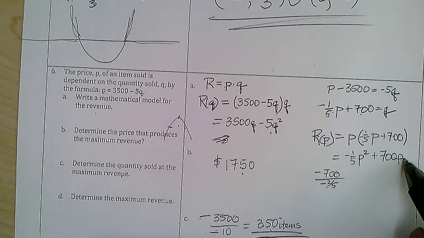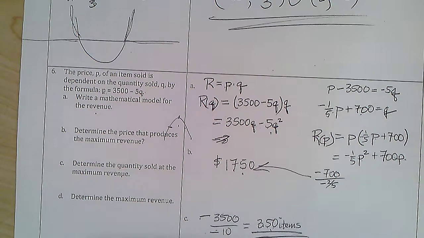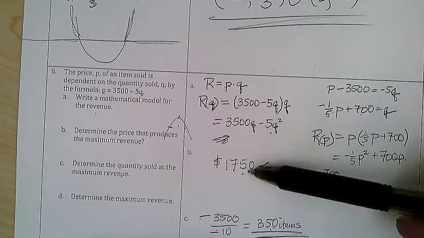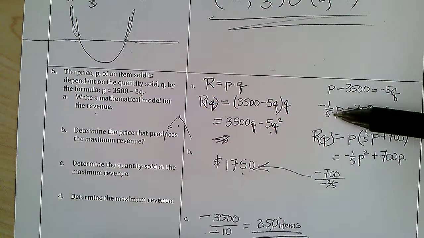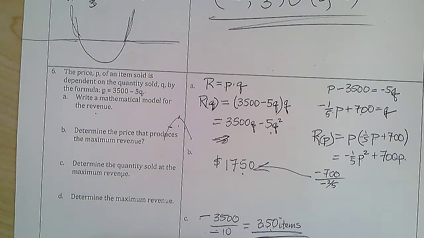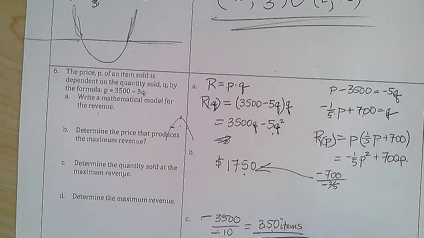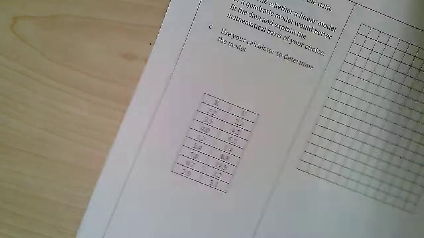And that would be the price, because this is the function of the price. And then you can put that 1750 into here for the price, take 1/5 of it, add 700, and you get the quantity of 350 items. And then you can multiply them and get that. So either way, finally,